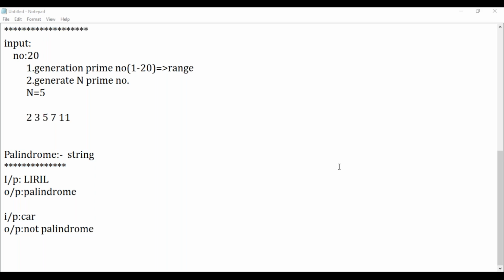Make it faster. Don't use any predefined function. Write all the things on your own.